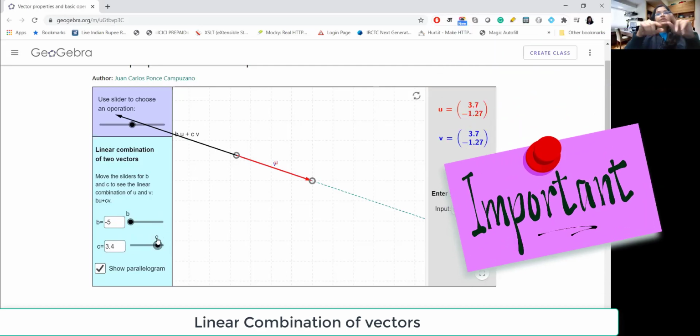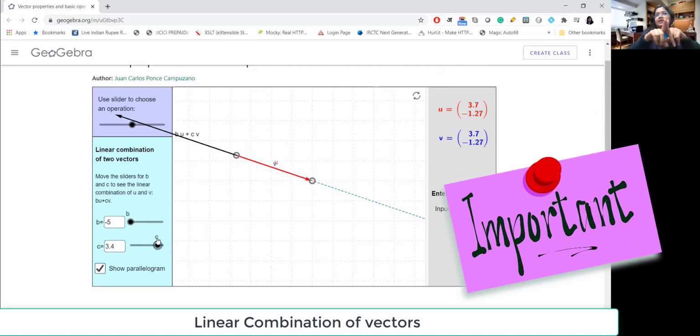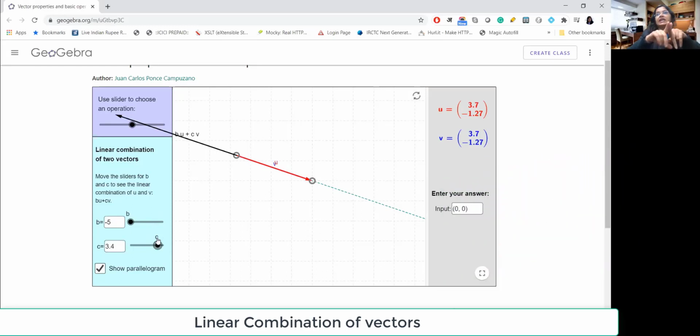If both the vectors are on the same line, then by changing whatever value of a scalar you are changing, you are not able to reach all the points in the space. You are just reaching those points which are on the same line, right? So here, instead of getting all the points in 2 dimensions, you are just getting the points in 1 dimension, just one line. So basically you are having this concept. We will talk about this again.